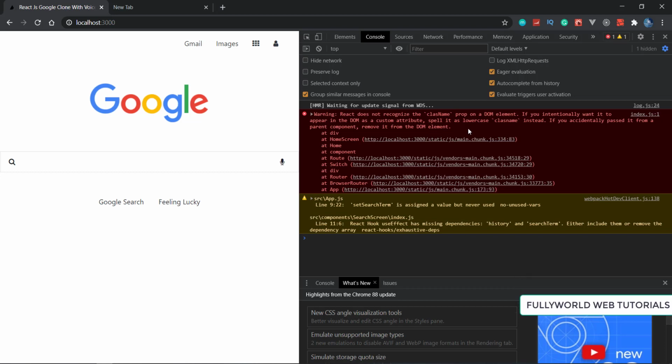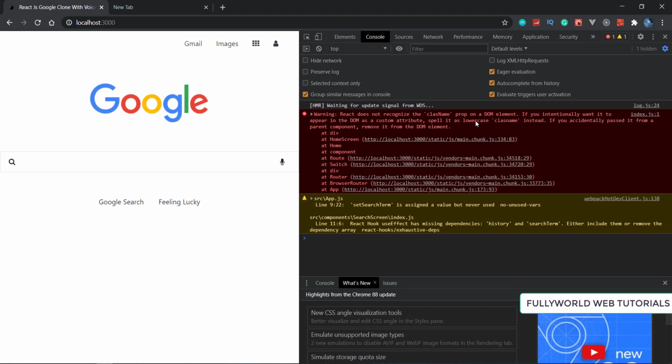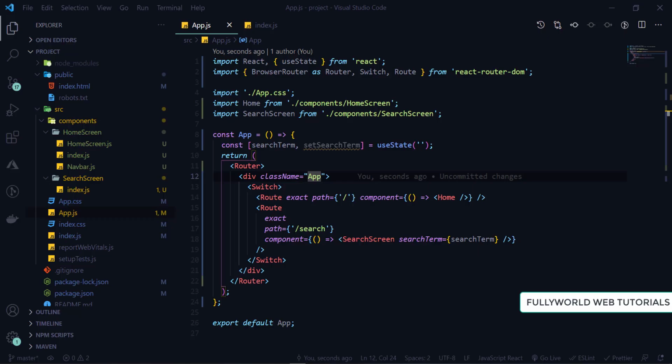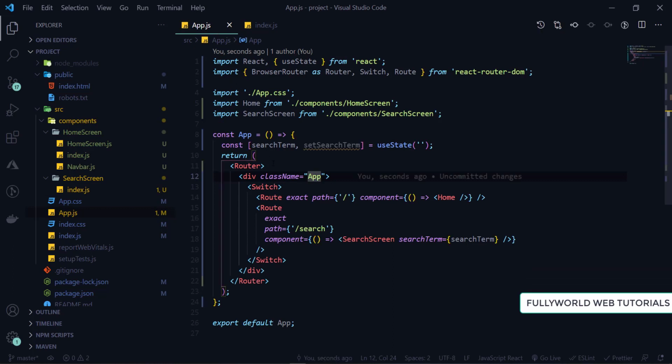This is under the home screen. This is just a minor warning. You just have to change class. className is not correctly written there, so that's why it is giving the error. So just forget about this and see what happened there.